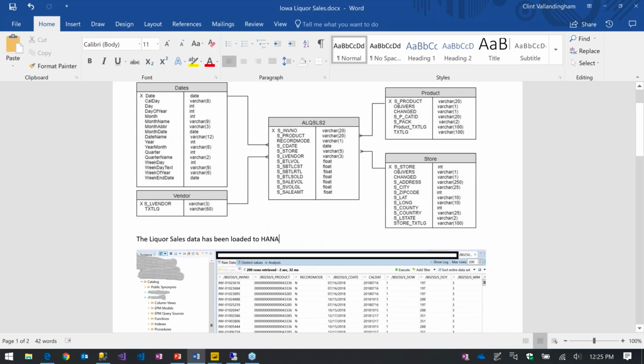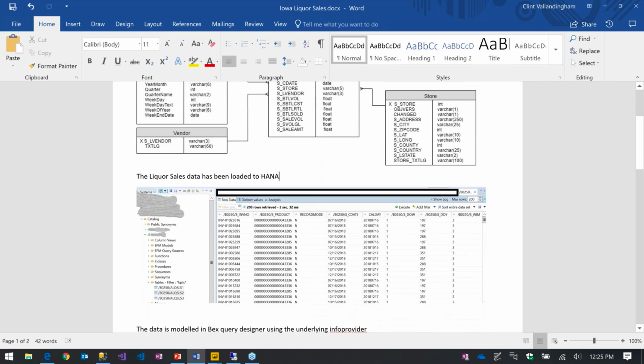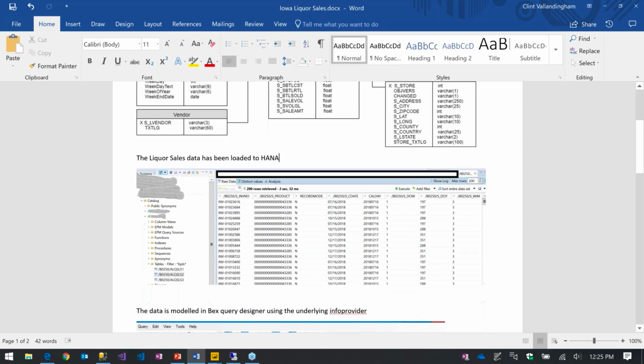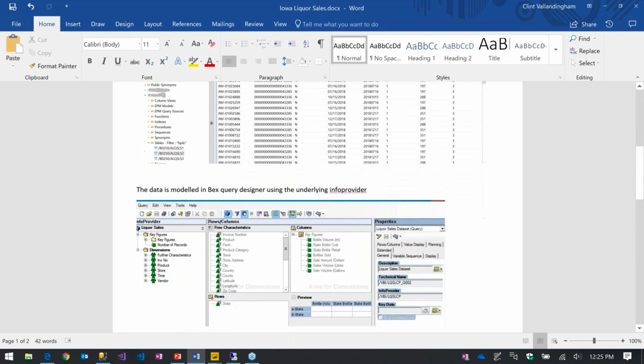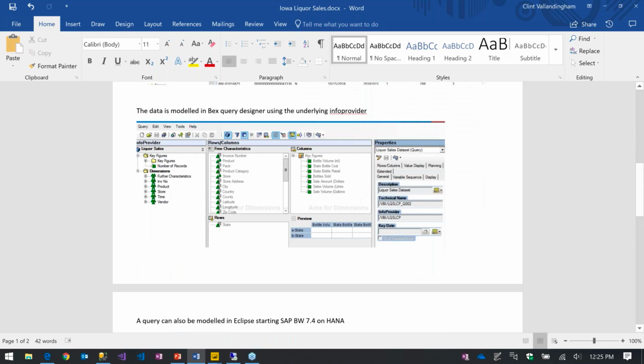We downloaded this data and did put it into our SAP BW on HANA device. The first query just shows this data has been loaded into HANA. We ran a query in HANA and extracted the first few records, the first 200 records. The data can be modeled in a BEx query using the underlying InfoProvider.